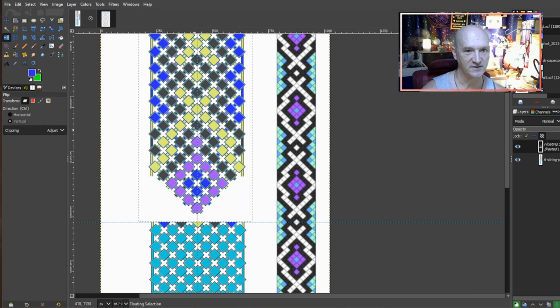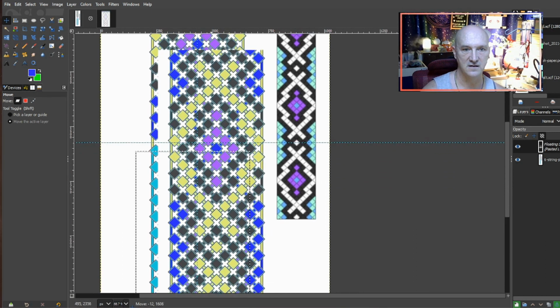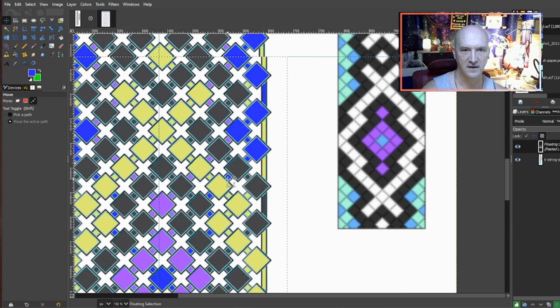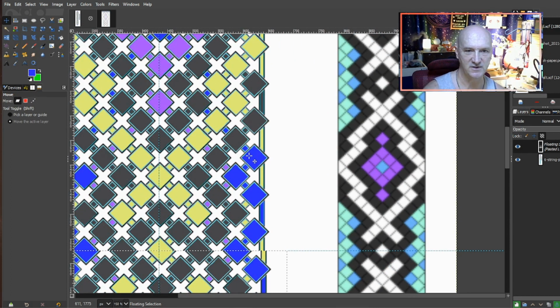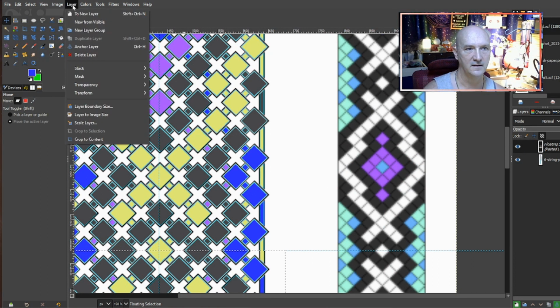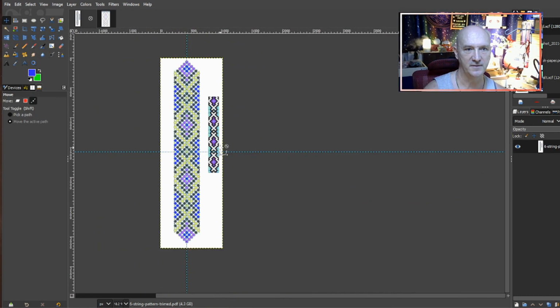If you get too close to the line, it does a horizontal instead. And at this point, we just use our little arrow keys to line this up, anchor the layer, and there's our bracelet. Wow,